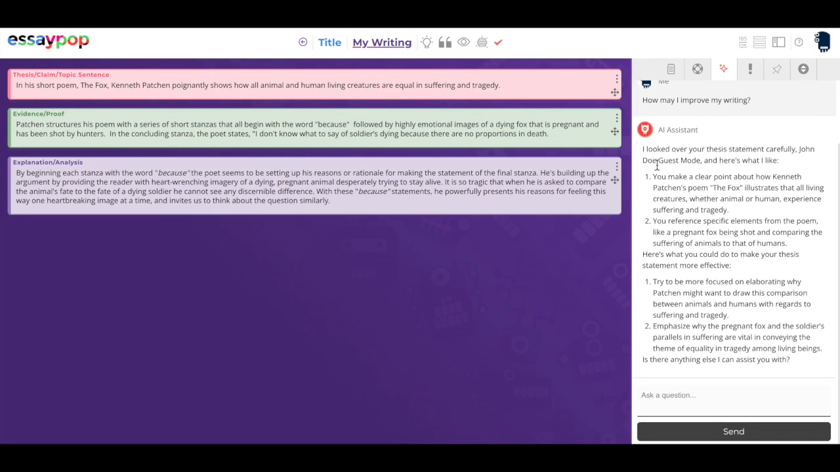The assistant is going to give a couple of things that it likes. So you made a clear point about how Kenneth Patchen's poem illustrates that all living creatures have a similar experience when it comes to tragedy. And then down here, we have things that might be worked on. Try to be more focused on elaborating why Patchen might want to draw this comparison between animals and humans, etc. Emphasize why the pregnant fox and the soldier's parallels in suffering are vital. And so the student can continue to have this